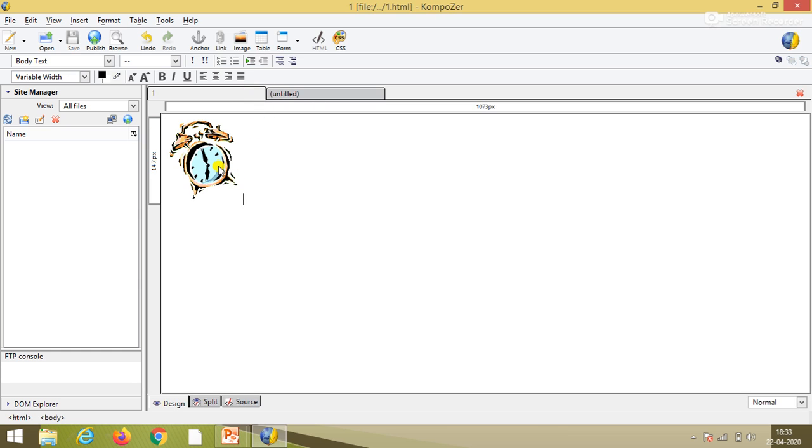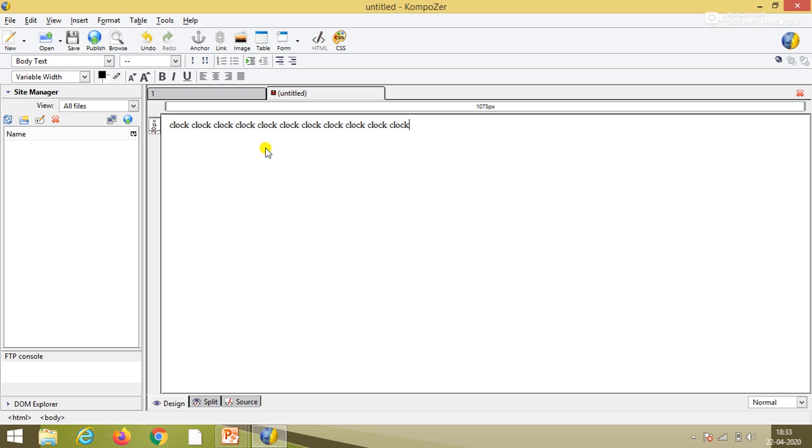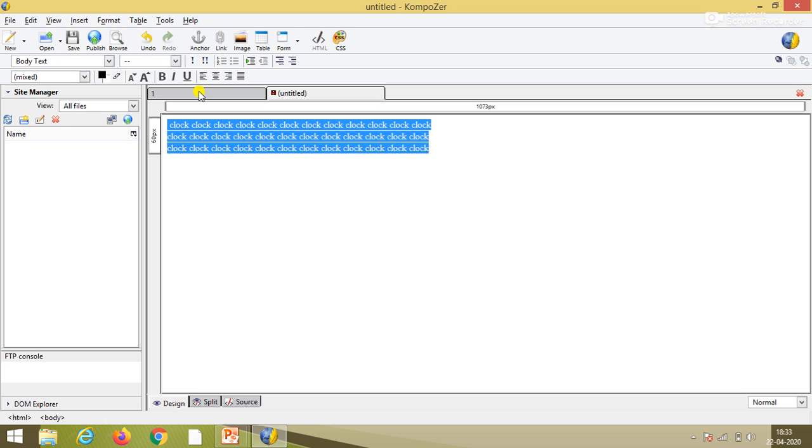The picture is of a clock, so write down some information regarding this image. Suppose we are writing clock, and here I just copy and paste more text. You can write your own information, but over here I have to give some explanation.